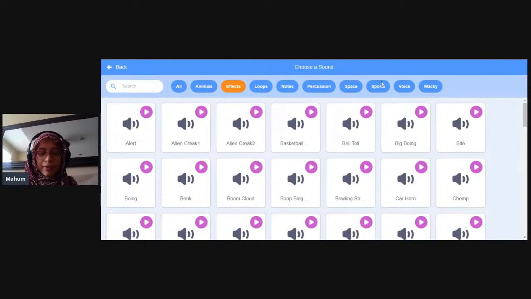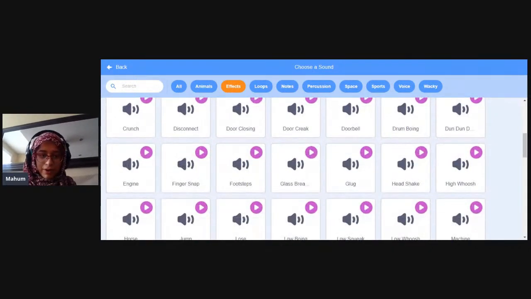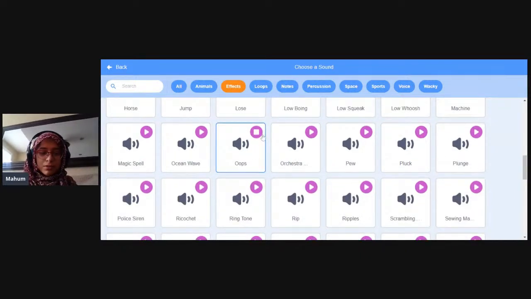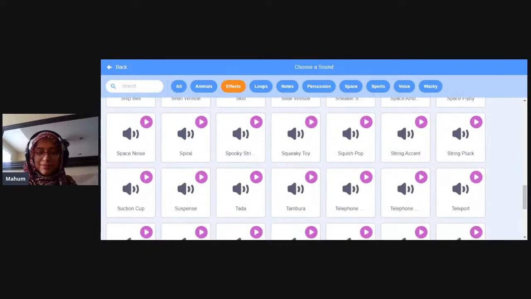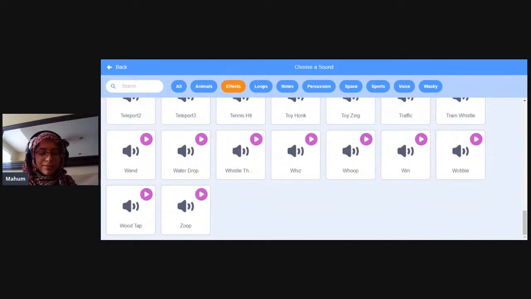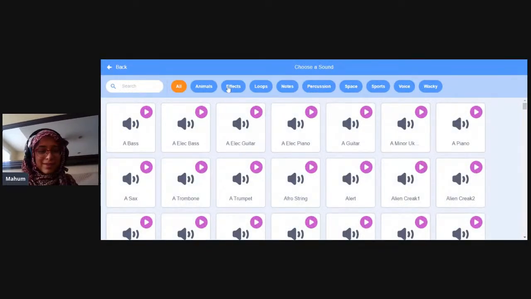I go to effects. What do we have here? Bite. Awesome. So I want to use that for my roar. And for my Timmy, the little dinosaur that we have right now, we can use, no, not that one. Can use, let's see. That's funny, I can use that. I mean, probably something more related to screaming, but